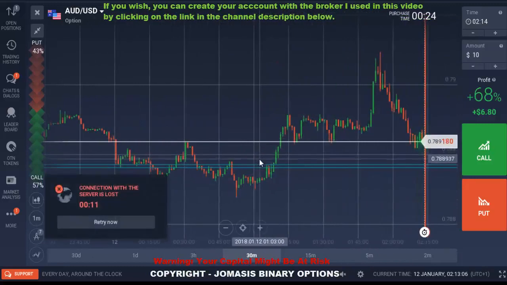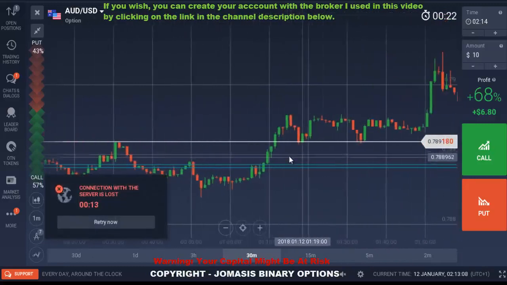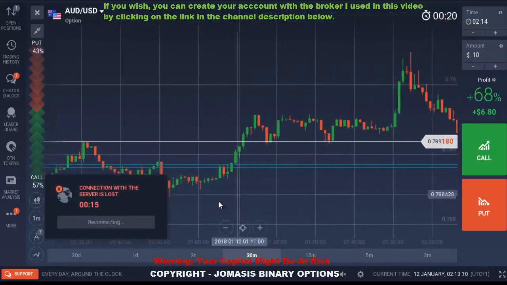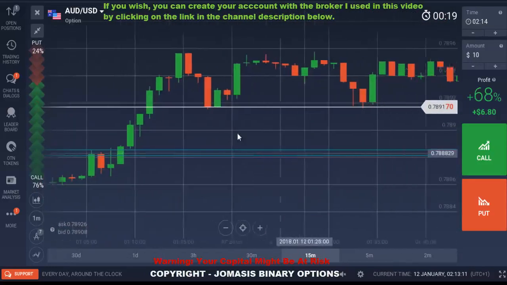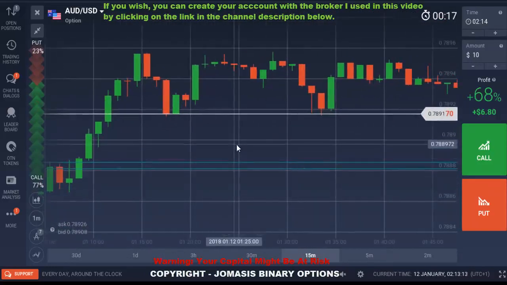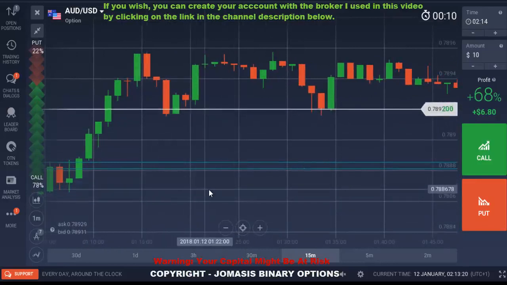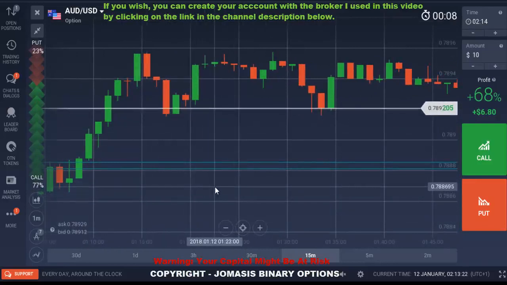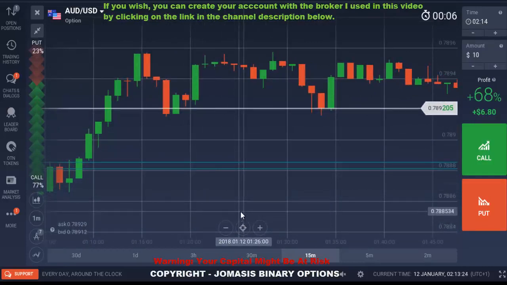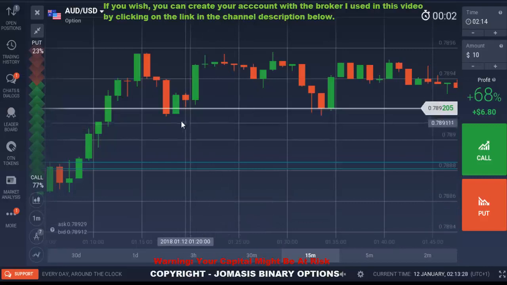Want us to see how resistance works this time. Now we have talked about how to draw, how resistance works and all that, and I have talked about resistance becoming a support and support becoming a resistance, but let's talk about how resistance and support work, and that is what I used to trade in all my